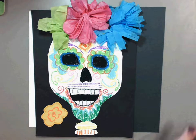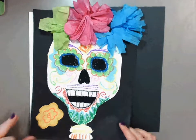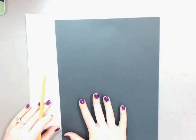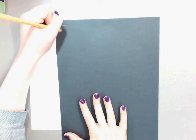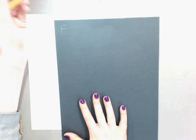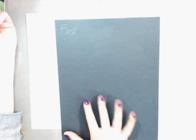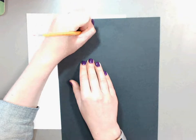Dia de los Muertos Sugar Skull, and we're going to be using symmetry. So the first thing we're going to need to do, let me show you first, and then I'll let you do yours later. First thing you're going to need to do is write your first and last name on your black paper, because we will not finish these today and we'll have to have them for next time. So first and last name,